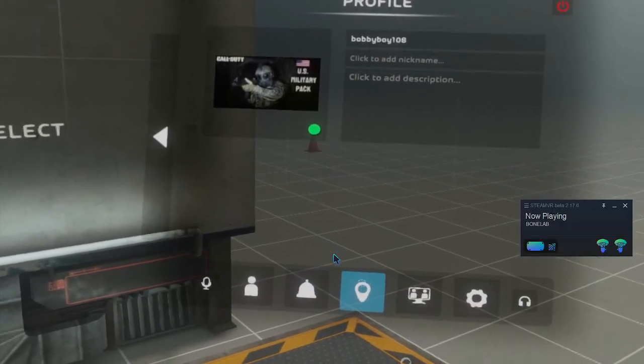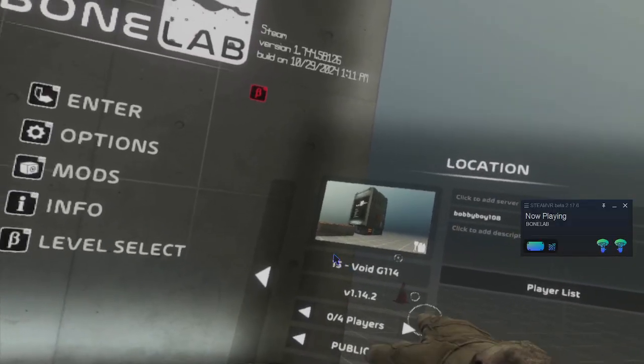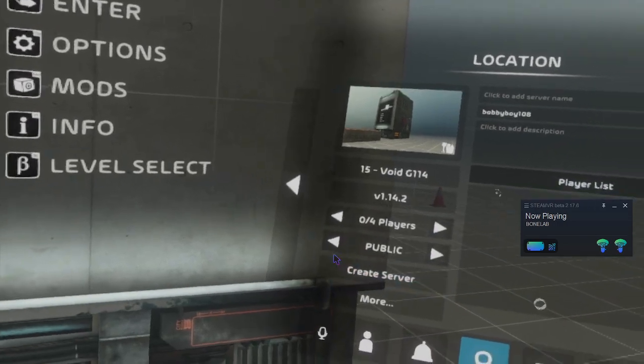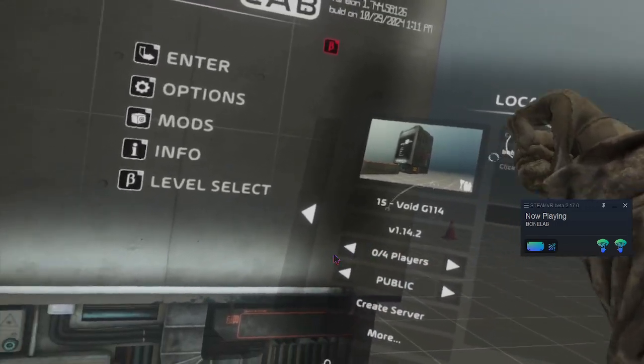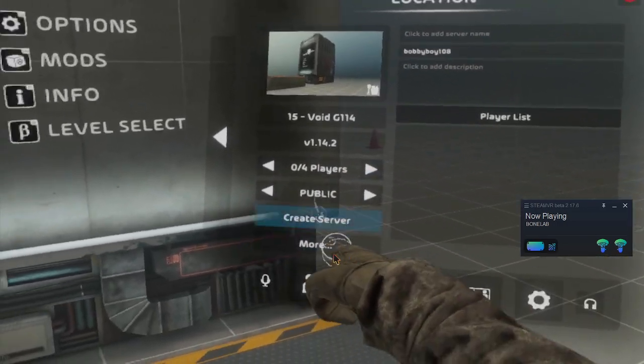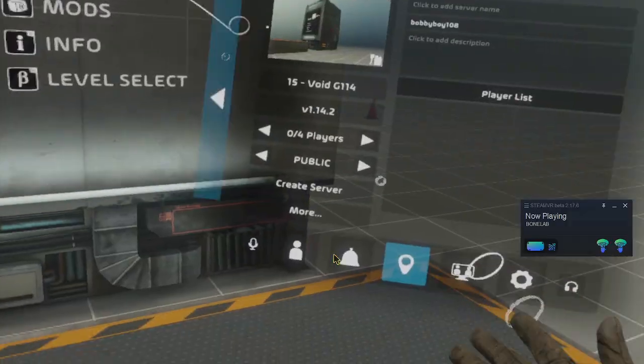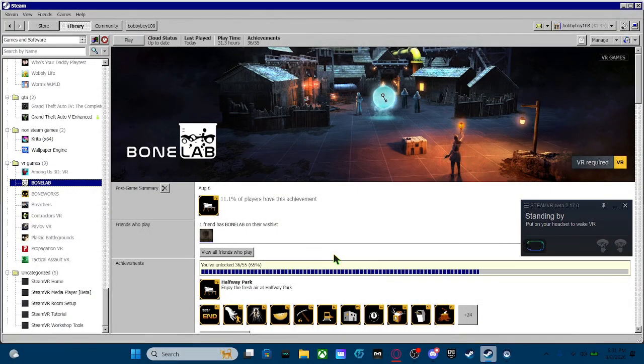And this one right here is how you would create a server. Whatever map you're in is the map that you'll create it in. So I'm in the void there. You change the players, public, and that. So I'm gonna go back to the computer, and that's how you do it. That's all you need to know to use